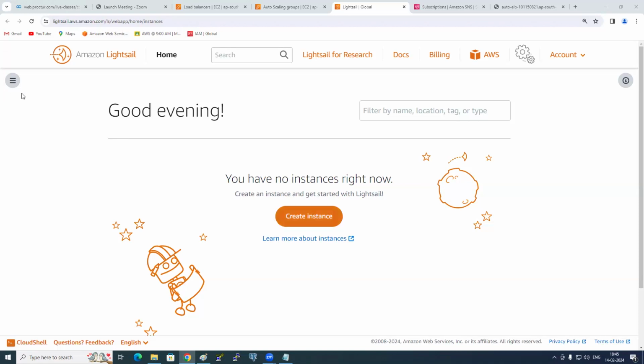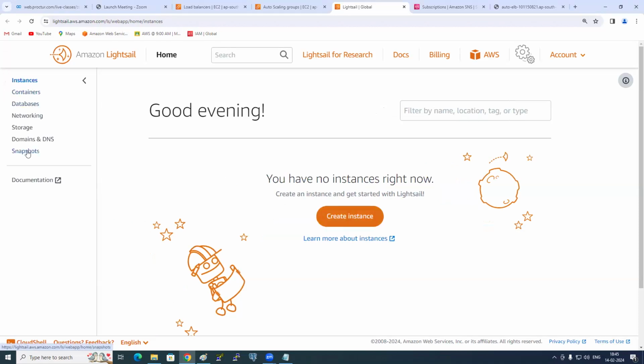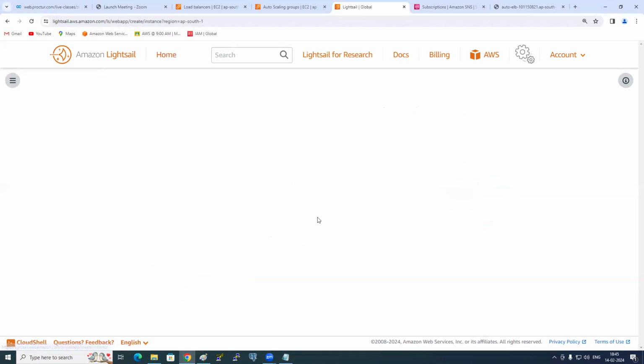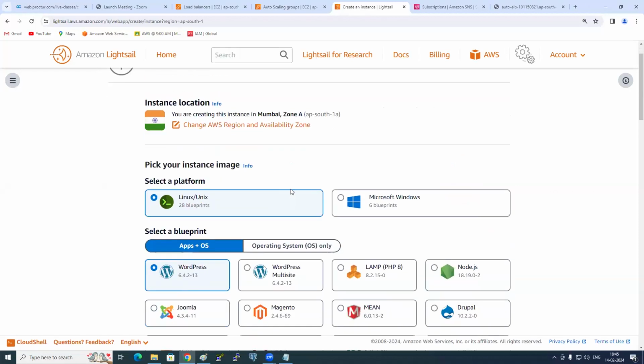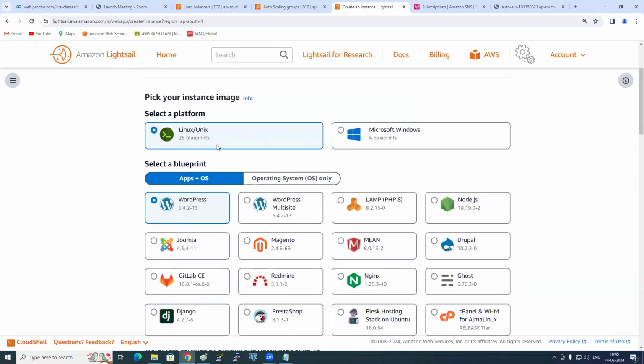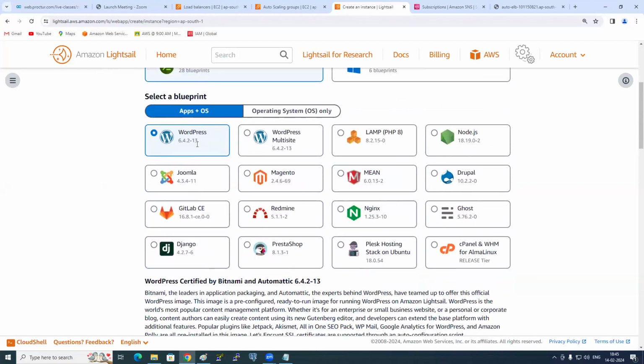Okay, see here. On the left side, these are the only options that we have. Instances, create instance. Since you are already experts in EC2, these are all easy for you. See here, AWS region, select the availability zone. And which operating system? Linux or Windows is selected. You want application plus OS or only the operating system is selected. In EC2, we have AMIs, no? Similarly here. But you have application plus OS, which are commonly used applications. I told you, no, it's like ready to pick. No need to install, no need to do anything. Simple, just go and pick it up.